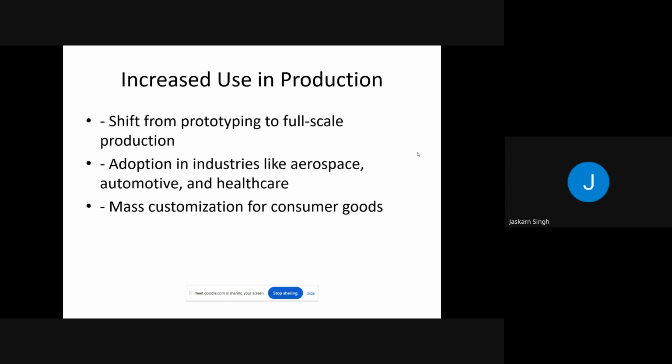We can fully manufacture all the components by having a sample from rapid prototyping. So mass customization for consumer goods and daily use items, we can communicate it well. Like we make a lot of models with mass customization for consumer goods. If we talk about the TV, it starts from the